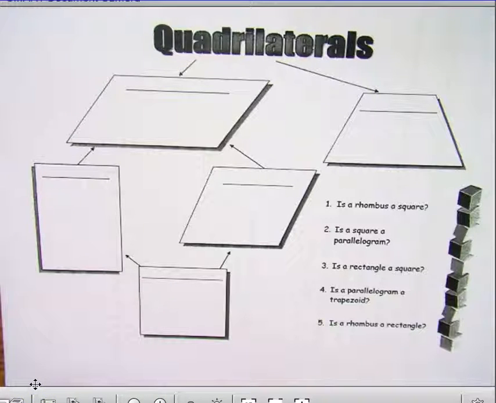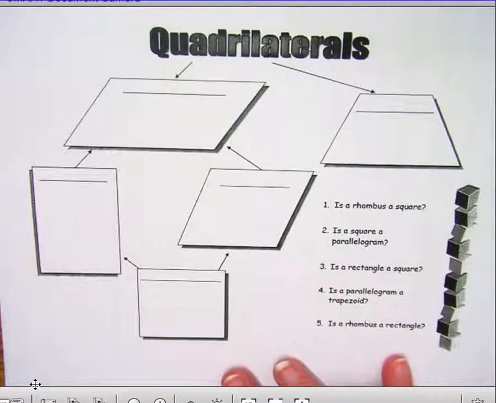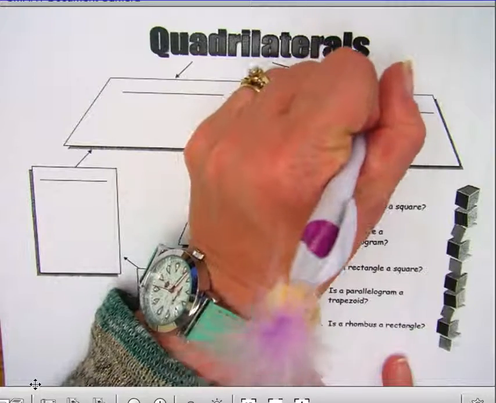All right, now we're going to talk about and review quadrilaterals. We're going to go ahead and fill this chart out. I feel like if you look at the fact that each one of these is in its shape, it kind of will help it out. So from quadrilaterals, we can go over, and the one that's by itself, without anything underneath it, is a